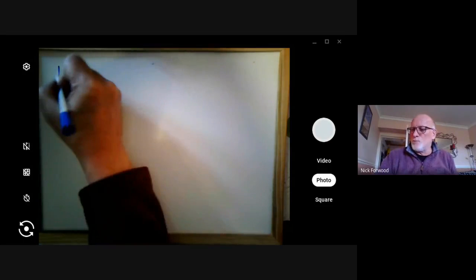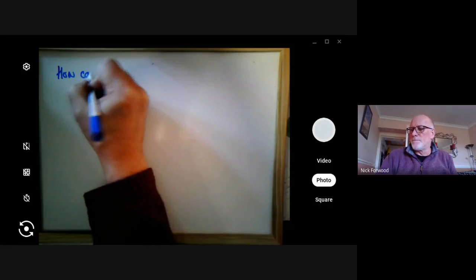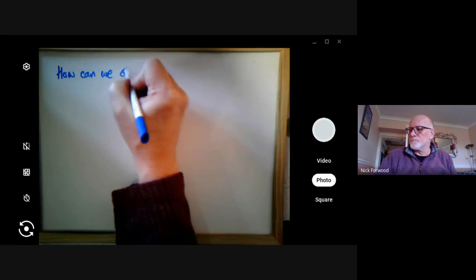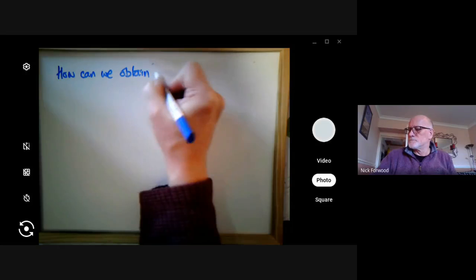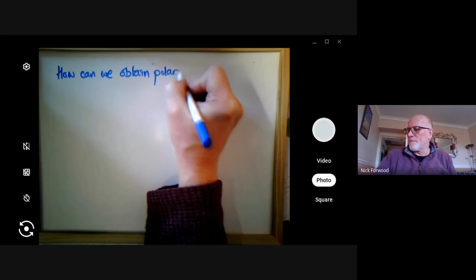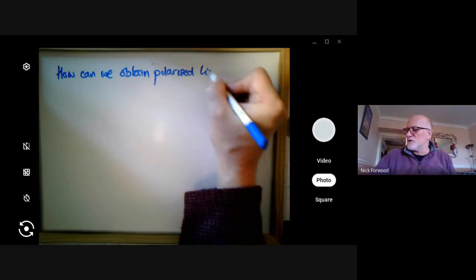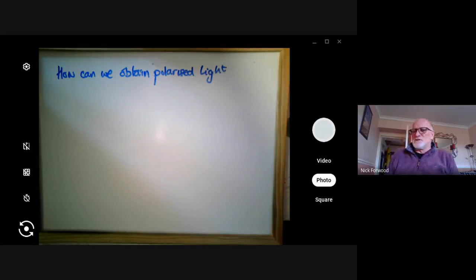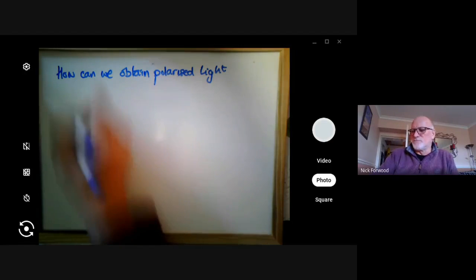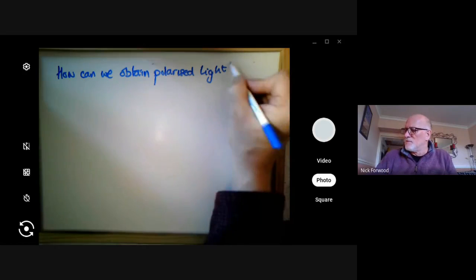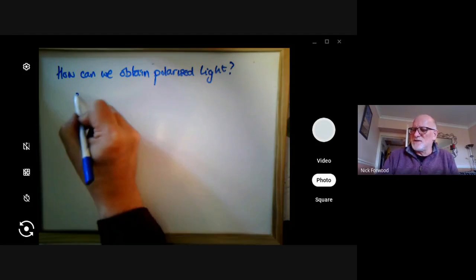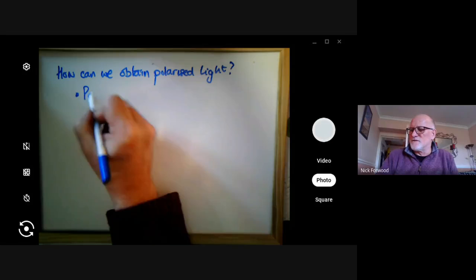Okay, so polarized light is light oscillating in one direction only. So how can we get rid of all the other oscillating directions just to leave, we'll call it, the vertical direction? Okay, how can we obtain polarized light? Now, there are two ways. You can use a polarizing filter,